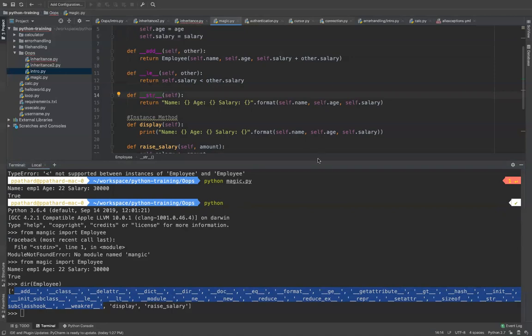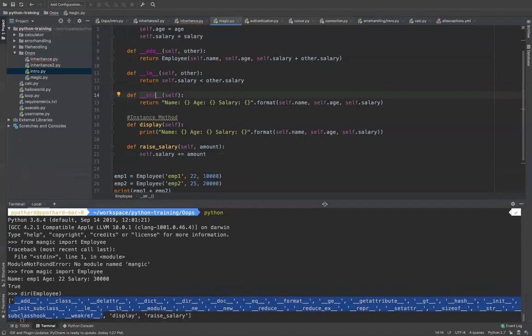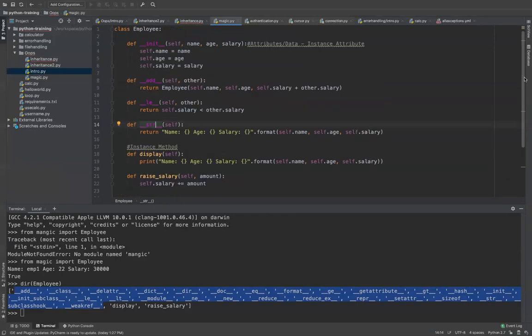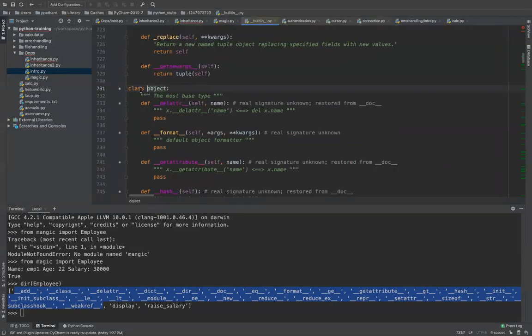Now the trickiest part is that all the classes in Python are by default inherited from a built-in class, even if you don't mention it, called object. Don't confuse it with the object of the class. Object itself is a class, which I don't know why it is named object, but it is by default.